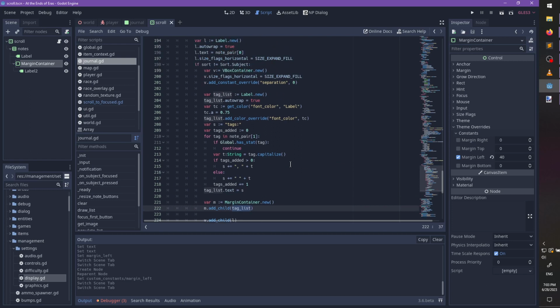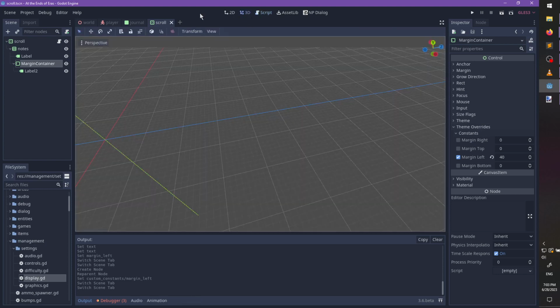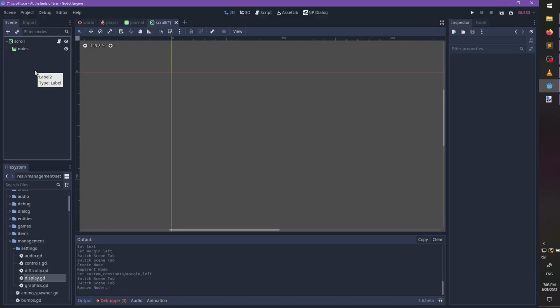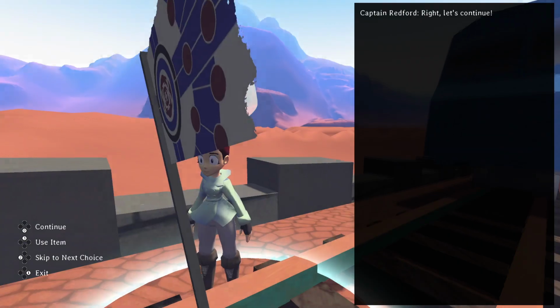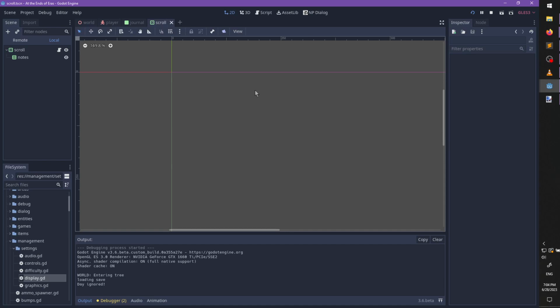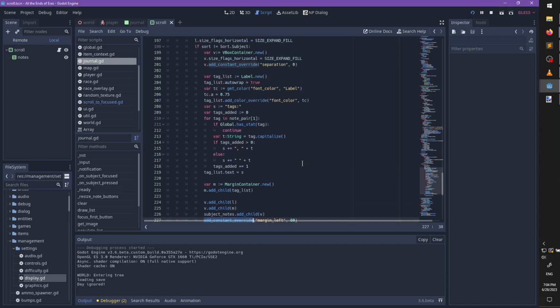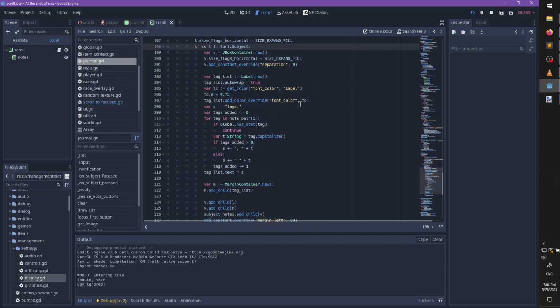Like, tag list is a child of the margin container. The margin container has a margin left, meaning that the left side has a margin. That all works correctly. Okay, so that works as I was assuming it would work. And then, if I go into my pause menu, there is no margin. What am I doing? If sort is not equal to sort.subject, so this tag stuff is being run,